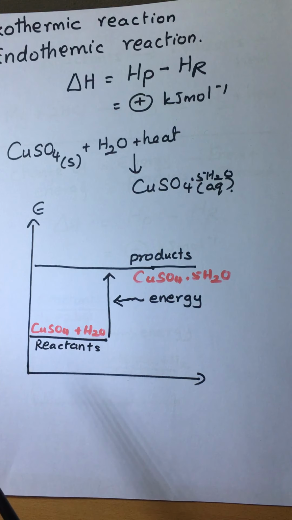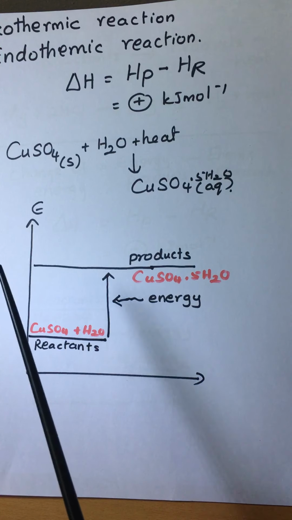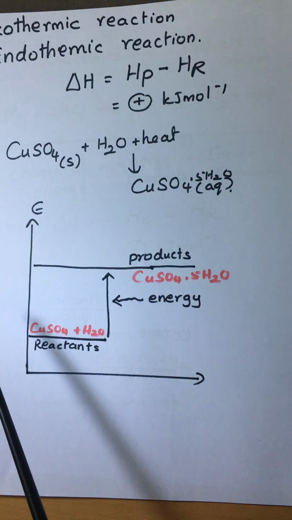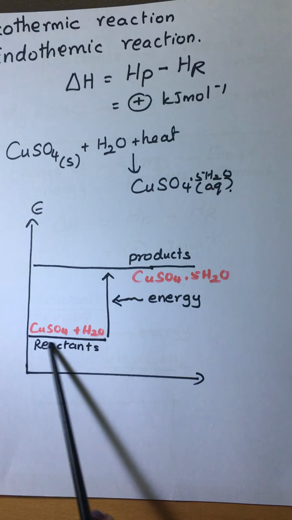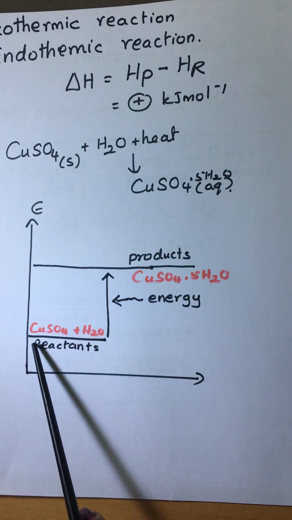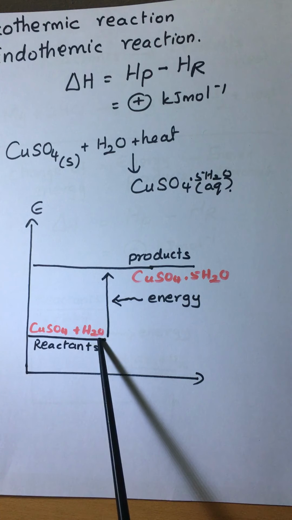At that time when you hold the beaker or a test tube, you feel cool because the system absorbs heat from the environment. The test tube is also environment, so it absorbs heat from the environment, therefore the beaker becomes cool, right? So here the heat is absorbed by the system. Here the energy of the reactants is less, here 0, the energy of the reactant is 0, and 0 means less value.